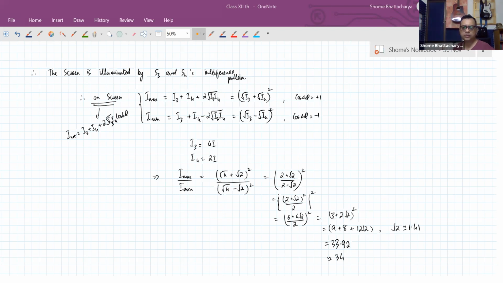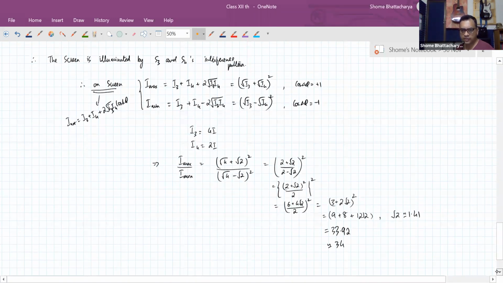Okay, so as I told you, most of these things, if you have those formulas at your fingertips, these questions are simple enough to work out. Okay, so not only the formula of relationship of position on the screen with respect to path difference with respect to phase difference, fringe width formula and all that, but also the formula for the net intensity. Okay, this also becomes important. Okay, so moving on, next let us look at the interference due to thin films and some of the questions